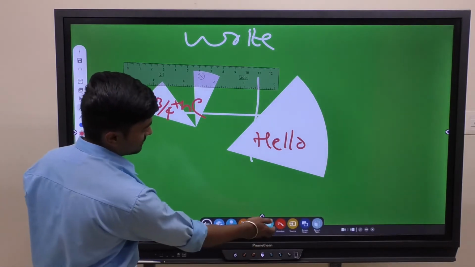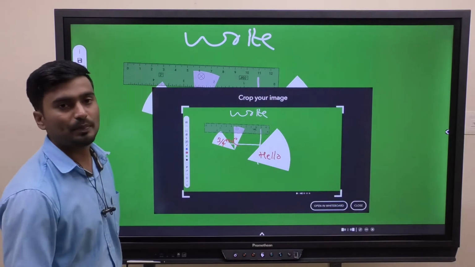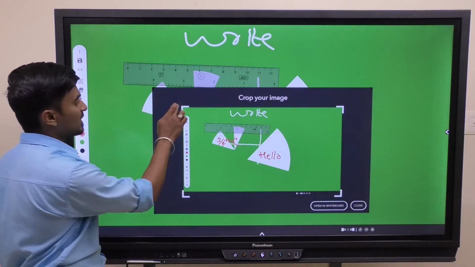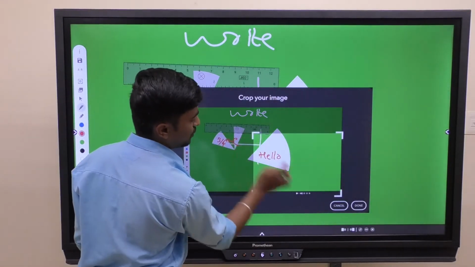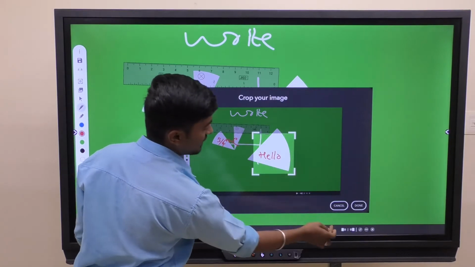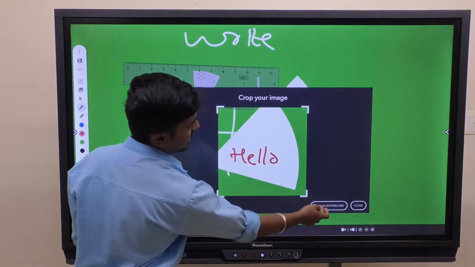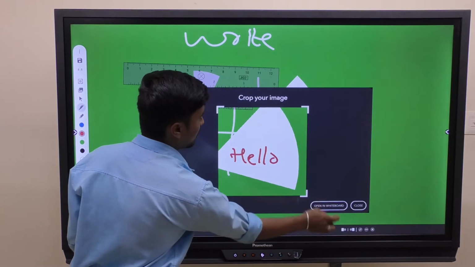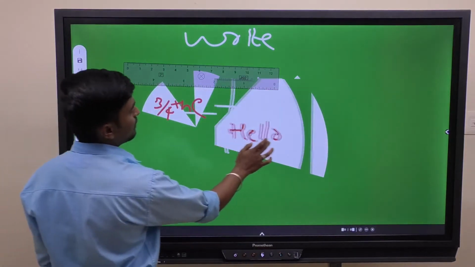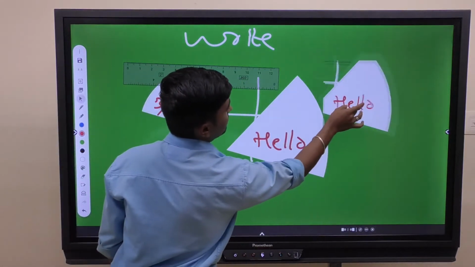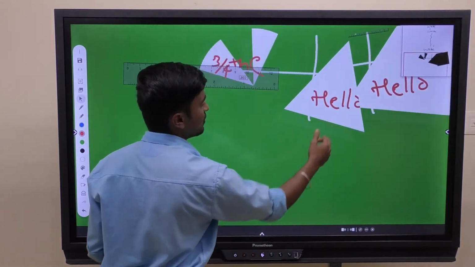Now we are going to capture. Now we are playing some video or images. We can take a capture. Now only this portion is important, so we have to take it. Then if we click, it will ask to open with whiteboard. When we open, that board will become separate. This image we can use for further use.